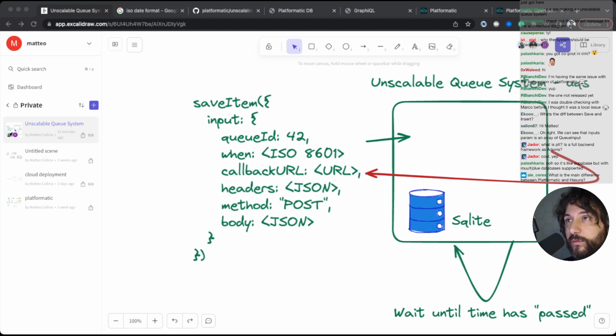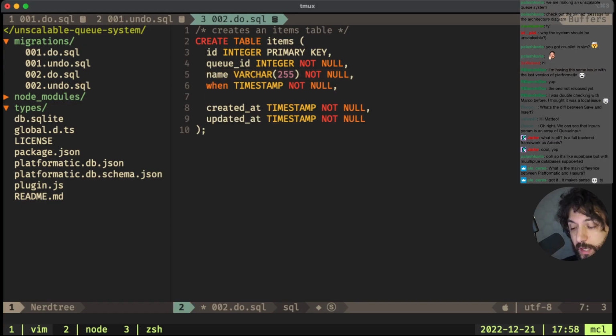So we have when, then we want the callback URL, and how long can a URL be? Should 255 be enough?